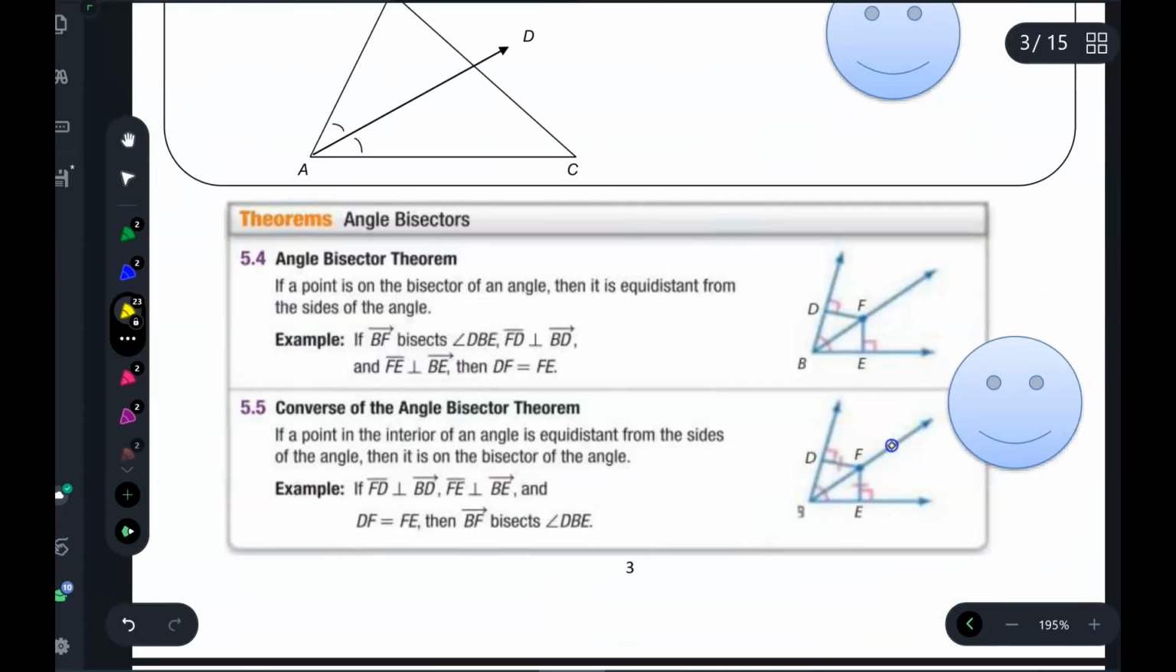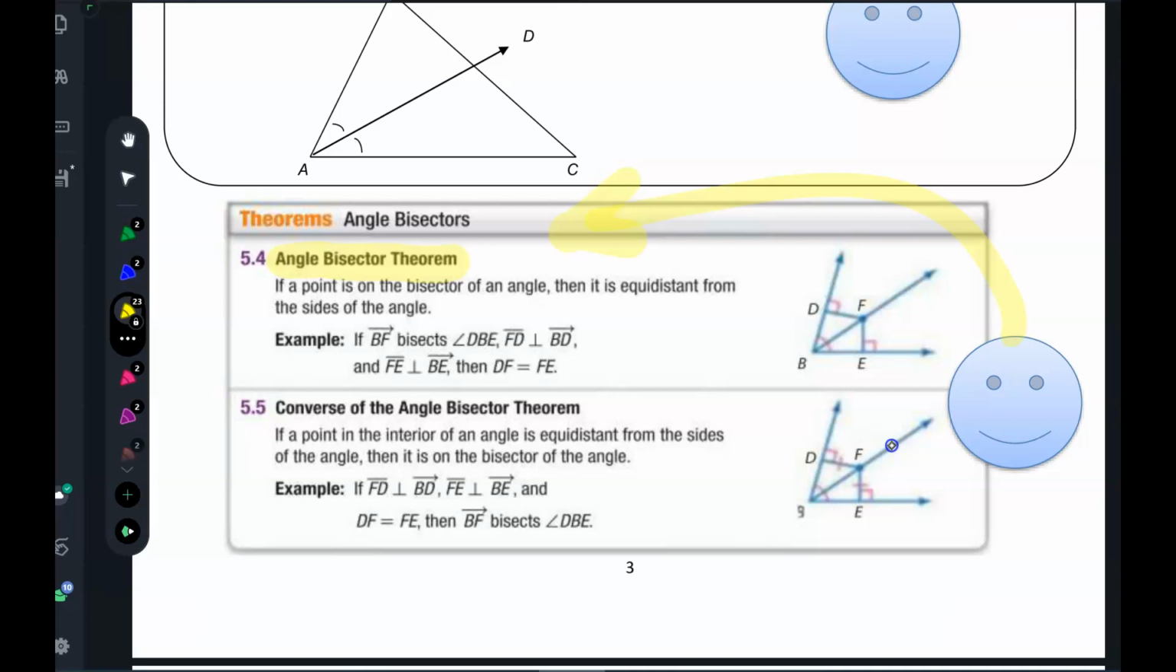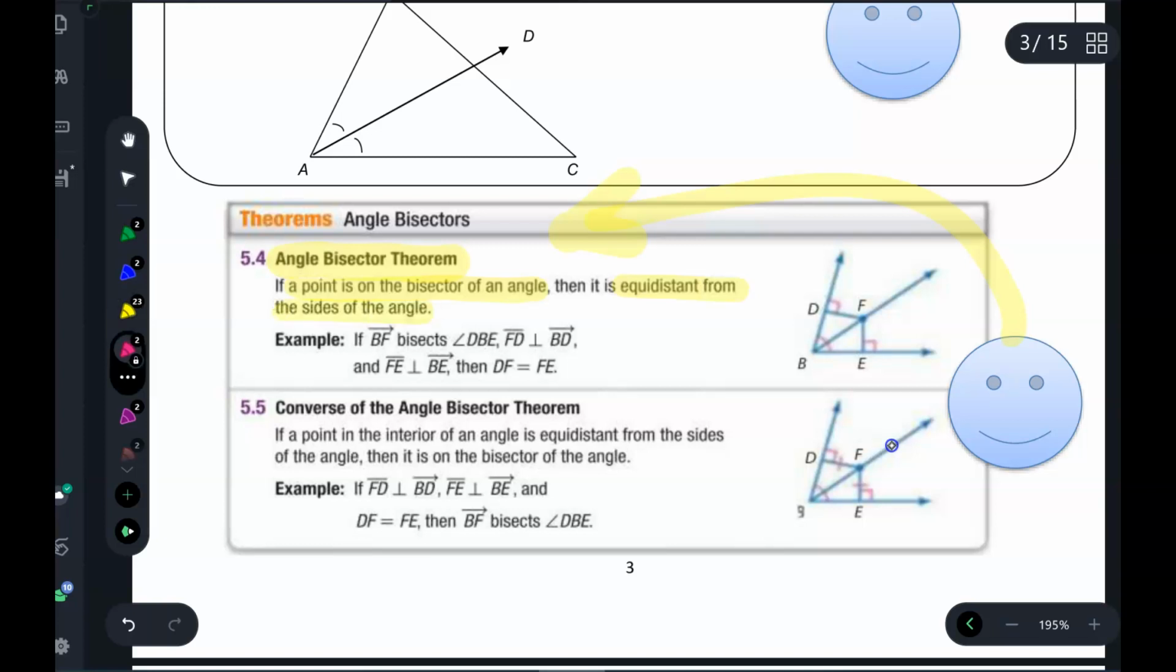Again, don't worry about doing a flashcard. Just do the flashcard for the first one. If there is an angle bisector and there is a point on the bisector, it's equidistant from the sides. So in other words,